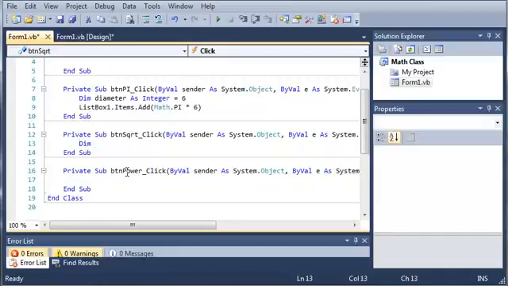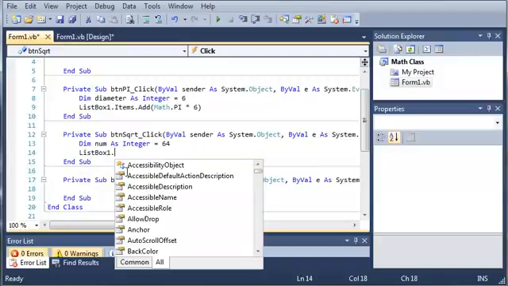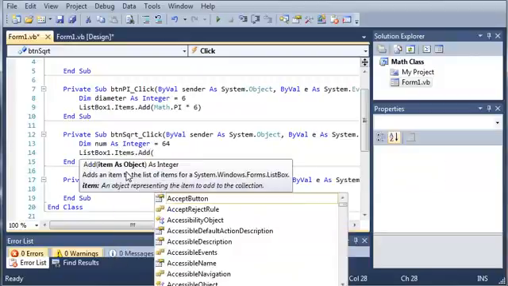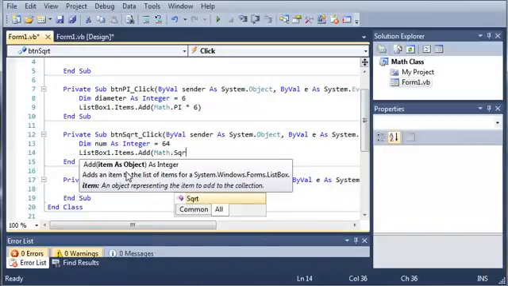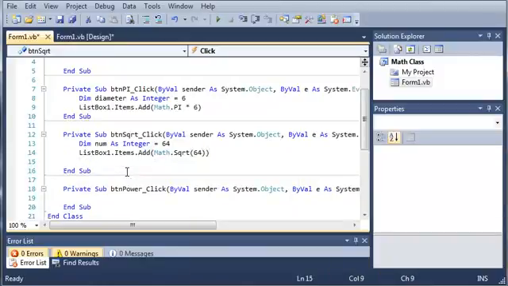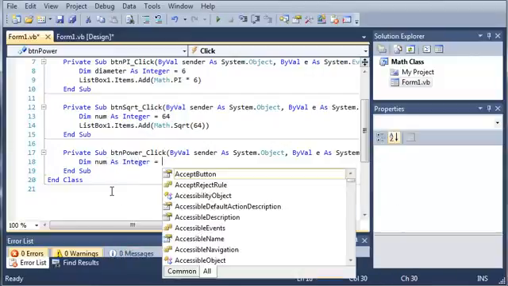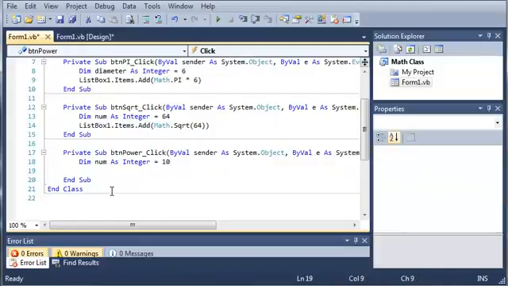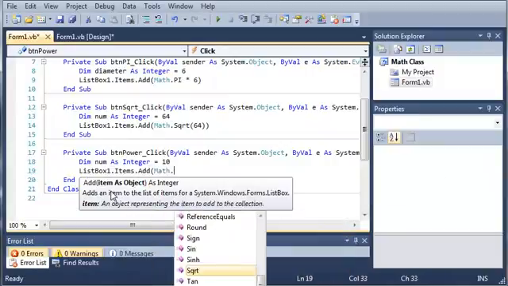Now we'll take the square root. So we'll declare num as integer and we'll set it equal to 64. Then we'll type listbox1.items.add, and we'll type math.sqrt, and we'll take the square root of 64. And for the power, we will declare another number, so dim num as integer. We'll set that equal to 10, and then we'll type listbox1.items.add math.pow,